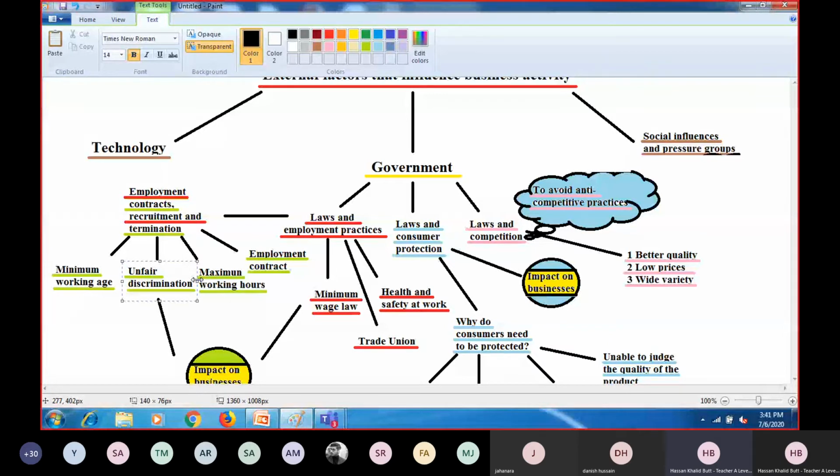I don't know whether you have the experience or not, but if you look at job advertisements in newspapers, you always see one very common line: we are an equal opportunity employer. This means it doesn't matter whether you are male or female, if you are capable, we will hire you. They clearly say we do not discriminate against employees unfairly. So yes, Zahra, you are right as well. It can be on any basis.